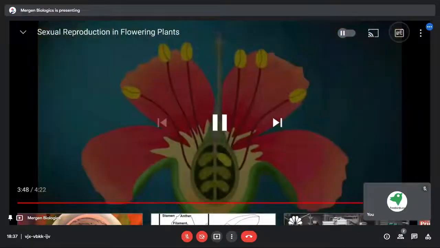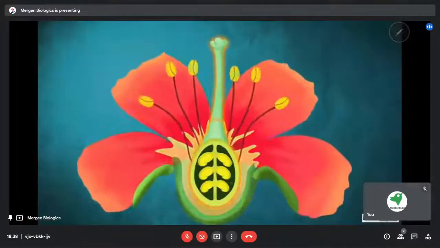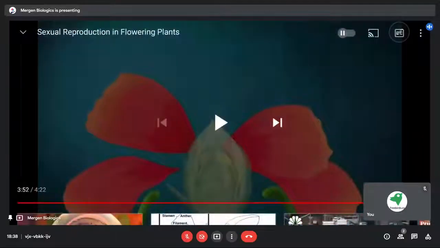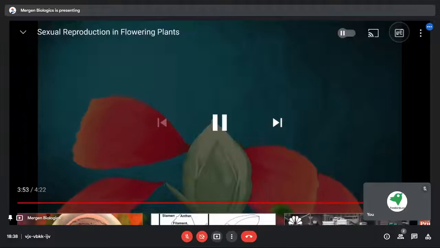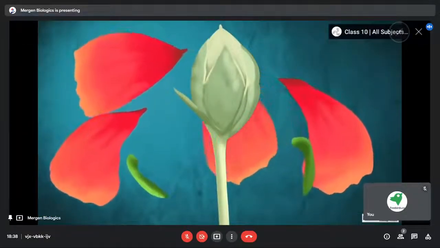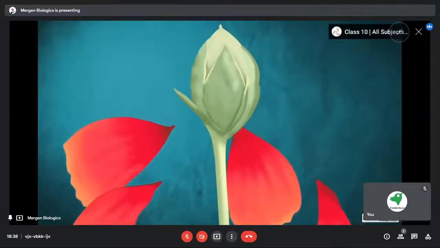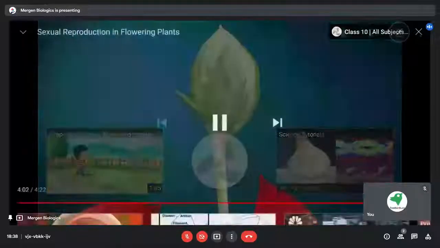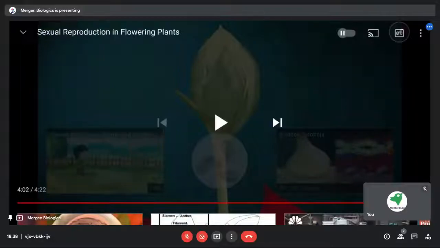Then, after the ovule is converted into seed, the whole ovary will convert into fruit to protect the seed, and the formation of fruit will take place. So this is the whole process from pollination to formation of fruit in a general way. Yes, it is a very complicated process when nature does it, but this is the general overview of the whole process.